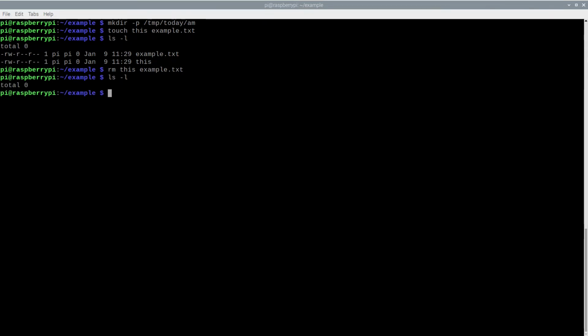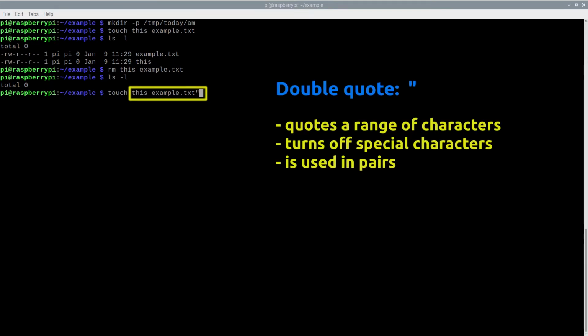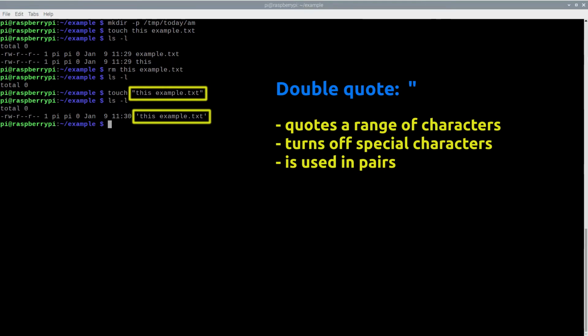To use a file name with a space in its name, we need to deactivate the normal property of the space character using quotes, for example, by enclosing the entire file name within double quotes. Now the file was created correctly, including the space in the middle of the name. I can use the file name from now on, as long as I remember to use quotes every time with it. The purpose of quotes is to protect special characters from the default interpretation by the shell. This is necessary when the shell's functionality interferes with what we are trying to accomplish. The space in the file name is one such case.